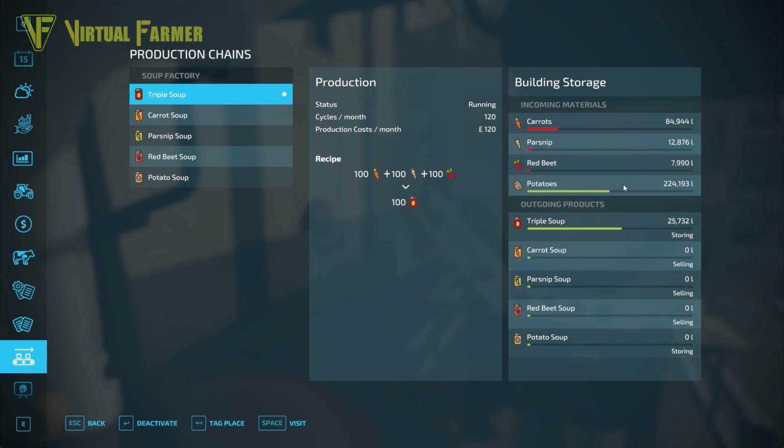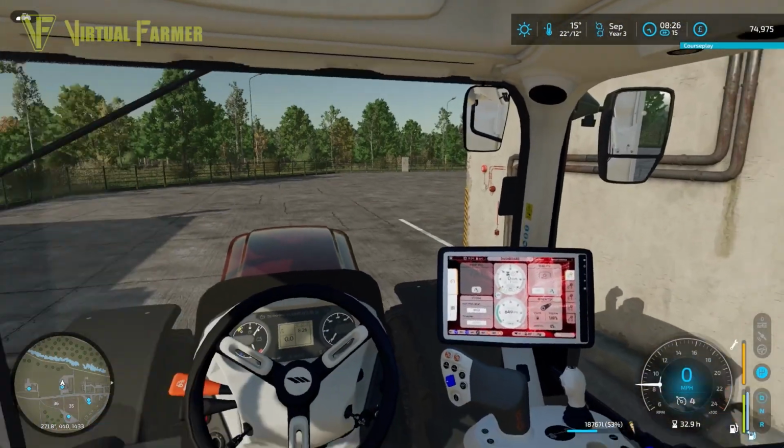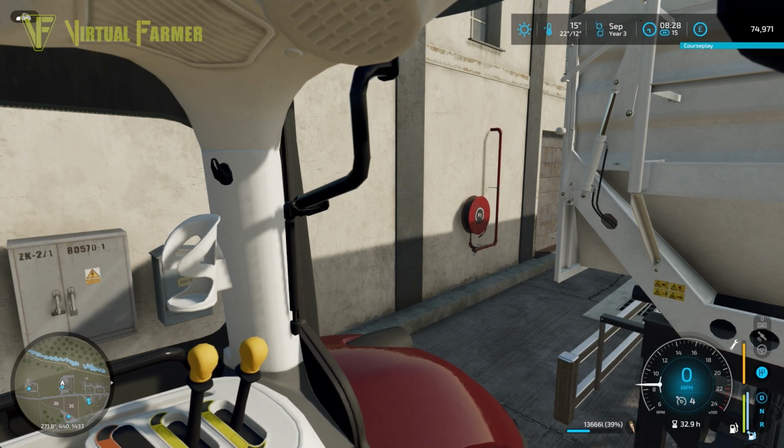We're going to be harvesting red beet as well today, hopefully. So this will just keep the triple soup coming all the time. We've got quite a lot in storage, so we're going to have to do a sell-off in the near future as well. As I said, we are selling to the farm shop at the moment rather than the train. The train is great, but it takes forever to not only load everything up, but to unload it at the